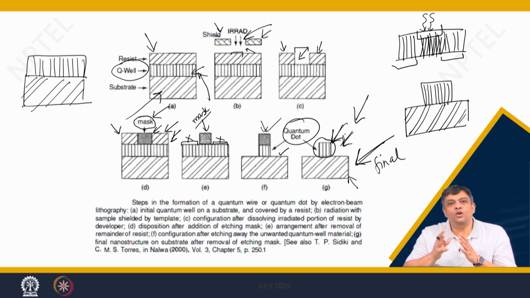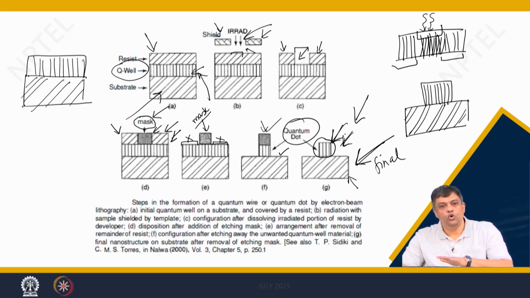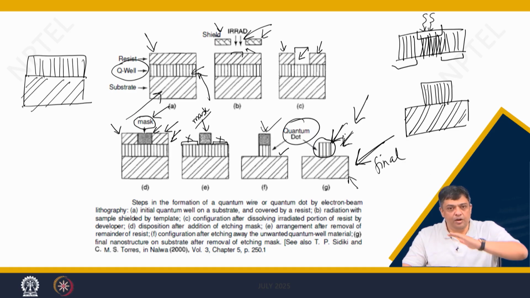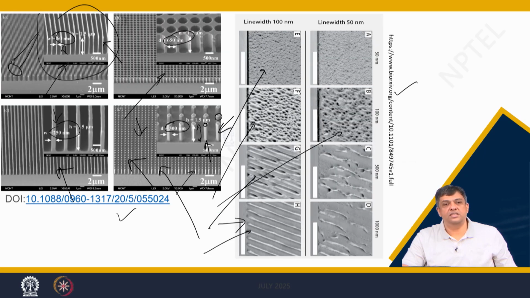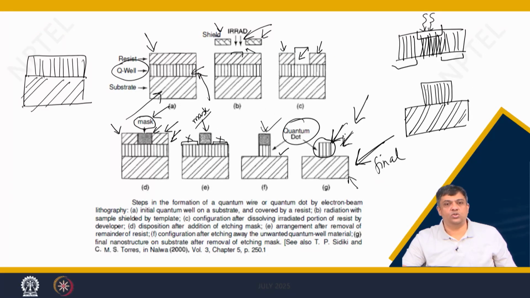So, this is a single quantum dot which we talked about, but you can have a mask and you can have irradiation at different points, and then you can use a patterned mask, put it on top of the quantum well structures and then carry out these processes, and you will be able to obtain such kind of patterned structures. So, I hope you understand the basics of the lithographic technique.